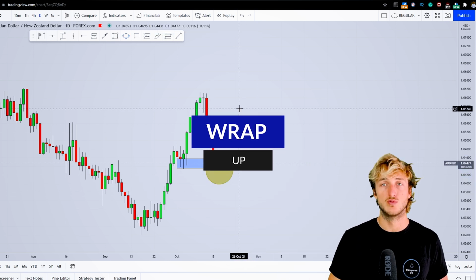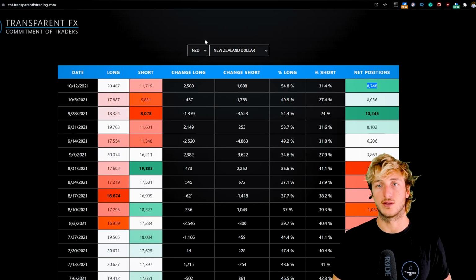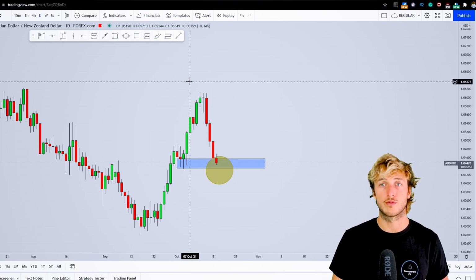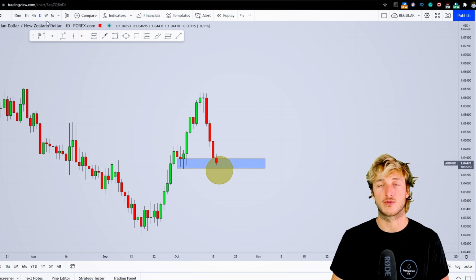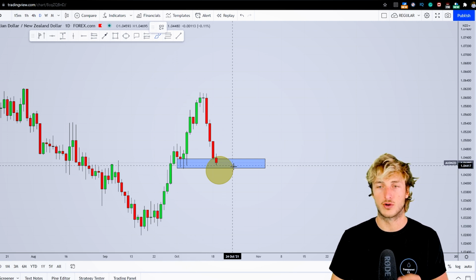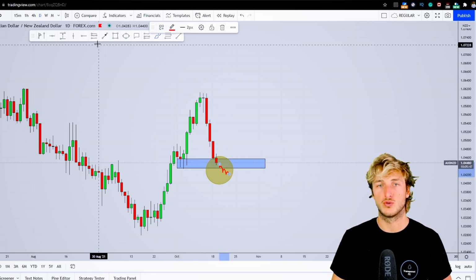Now, as usual, we will be reactive and not predictive. The monthly, weekly, and daily combined with the COT data, those are the best time frames from a directional perspective. However, when it comes to confirmations and entries, the best time frames are the intraday time frames, so 4 hour and lower. Therefore, with students, we will be monitoring price action from an intraday perspective during this move to the